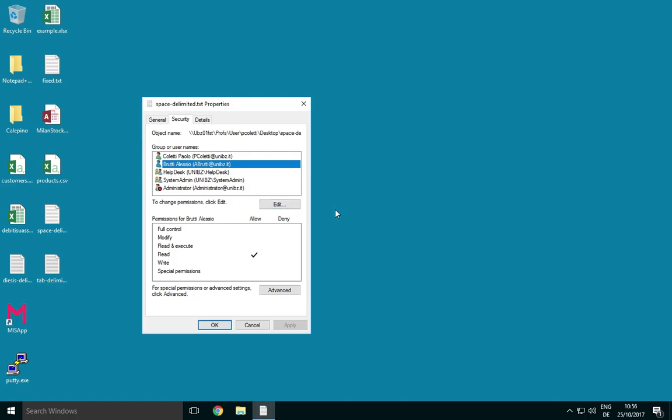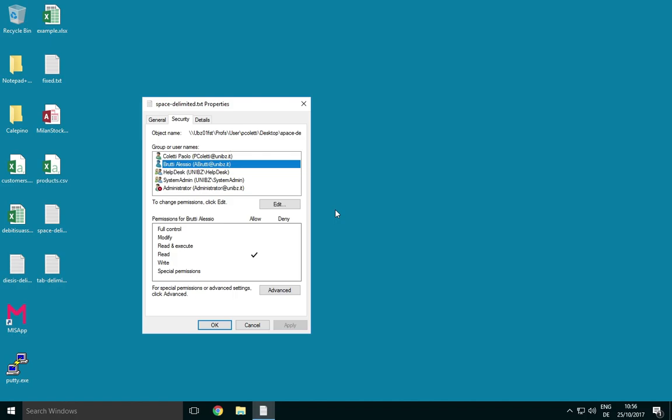Okay. Don't worry, however, he will never be able to read this file because this file is on my desktop and he does not have read permission on my desktop, so he will never be able to know that there is a file on my desktop which is readable by him. So if you want somebody to access your files, you have to give permission also on your desktop, on your account. So this usually makes sense on the network disk.